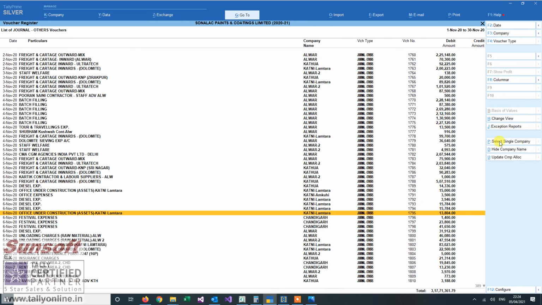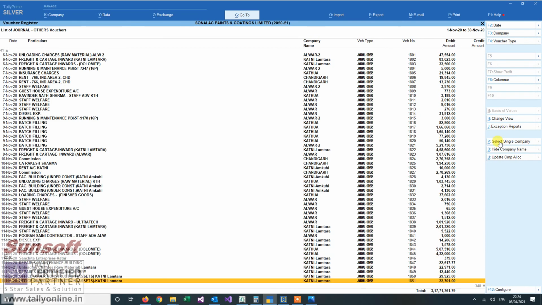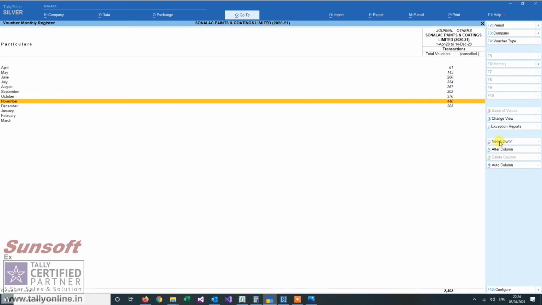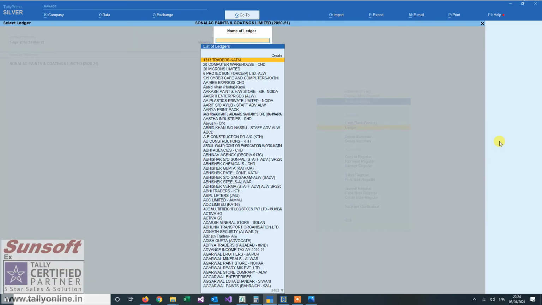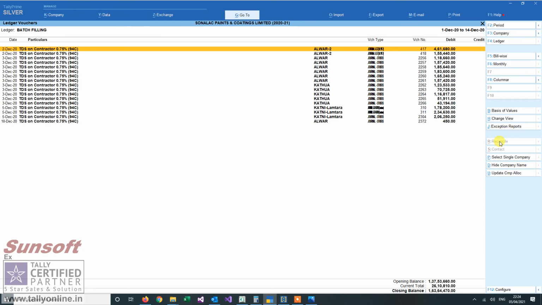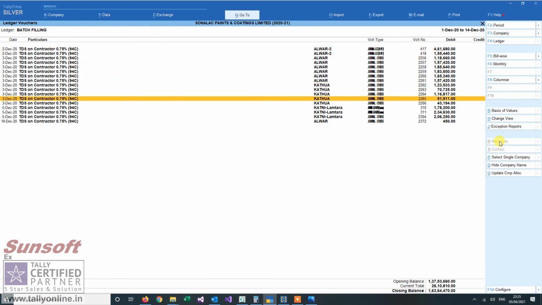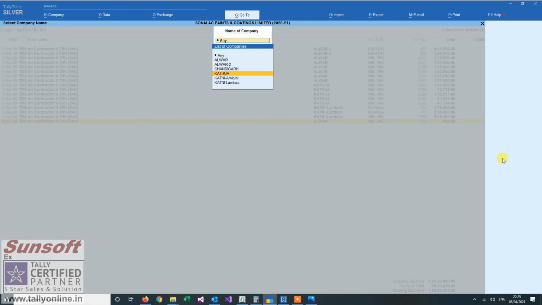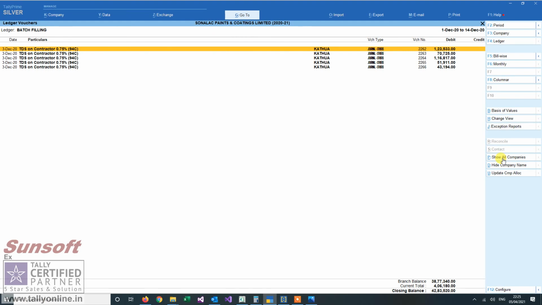Now here you see I have different vouchers with different branches. Bank charges is the account which has multiple branches happening. Now here you see that you have three kinds. If you want to see a particular branch, here you can select that branch and you get the ledger for the same branch. So the branch balance and the closing balance are also maintained in this case. You see the balance has changed.